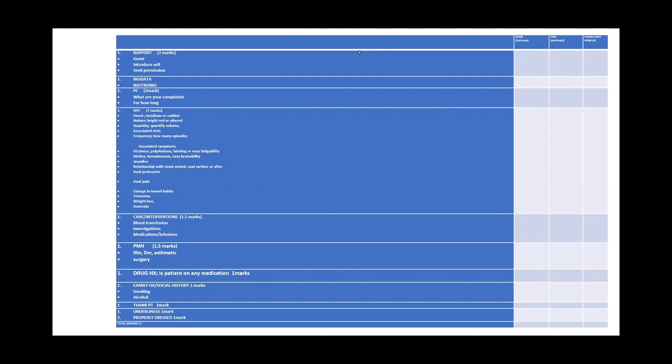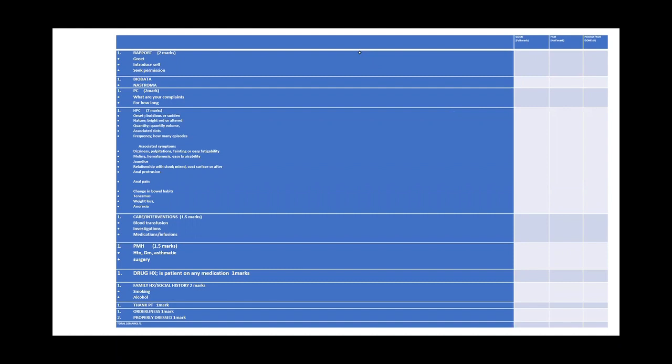Now, history of drug intake. Drug intake is very important in patients bleeding anywhere, whether in the GI or systemic in origin. They may tell you they are taking NSAIDs, they may tell you they are on steroids, they may tell you they are on anticoagulants. Okay, you ask for family history of the condition, you ask for social history, like smoking